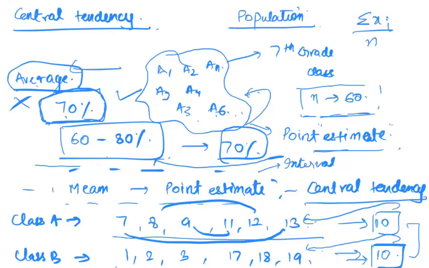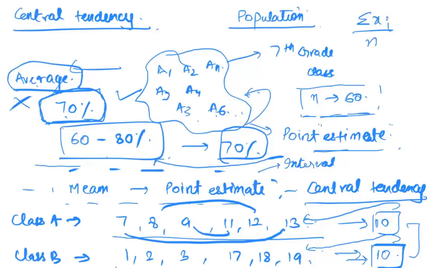So if you're looking at ages of 100 people and somebody asks you what does the sample look like, and you say that the average age is 35, then people will think that on an average people in that population are 35 years old, which means that if I randomly pick out 5, then most of them will be close to 35. That's the expectation out of a central tendency measure. A central tendency tries to indicate how a population looks like on an average. Okay, that makes sense? Yeah, thanks.